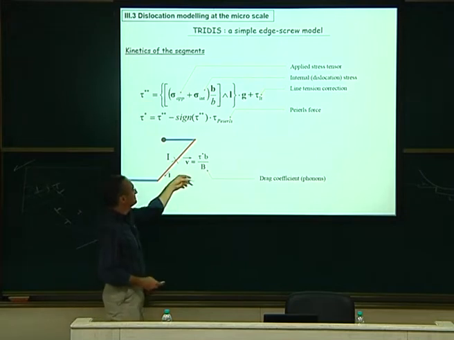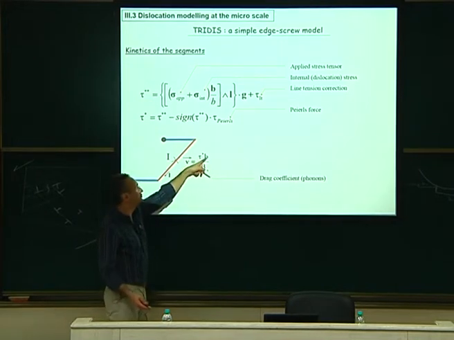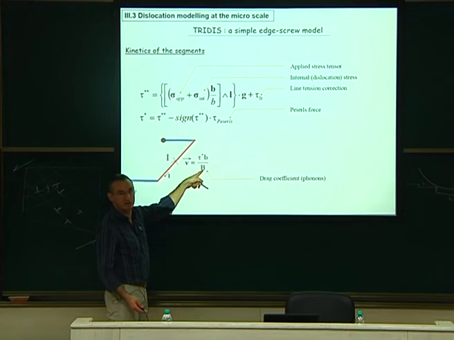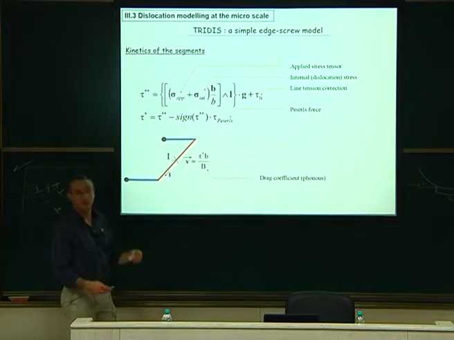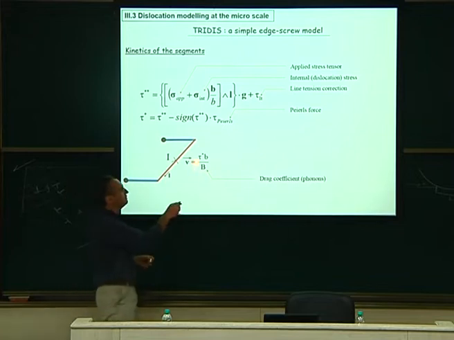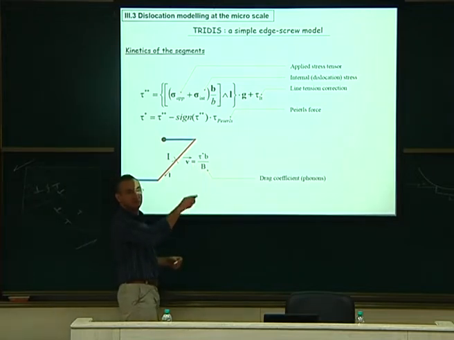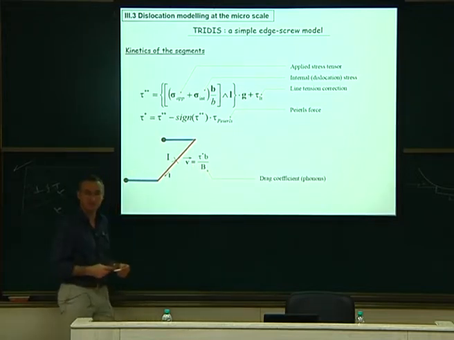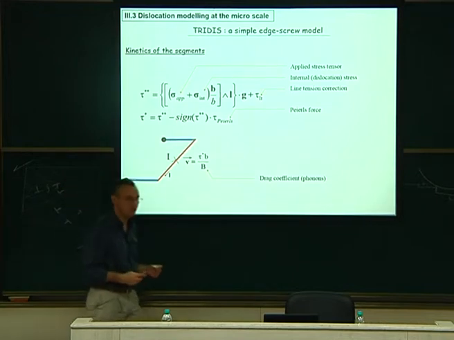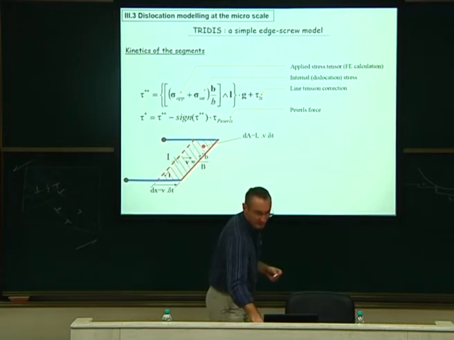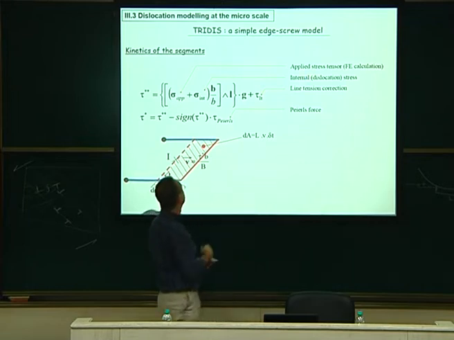And then you say the velocity is, for FCC, proportional to tau times b over B. I explained that to you. This is the viscous drag velocity. If it was BCC materials, here you will have an exponential with the delta G over kT, something thermally activated. This we explained already. Okay? So I said that this is a physical calculation.